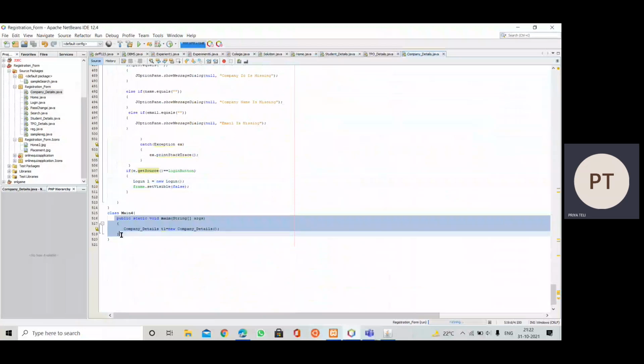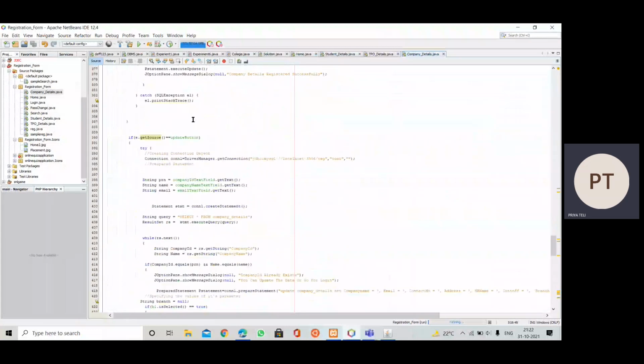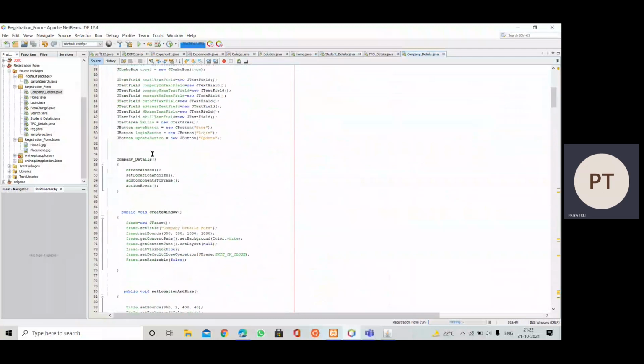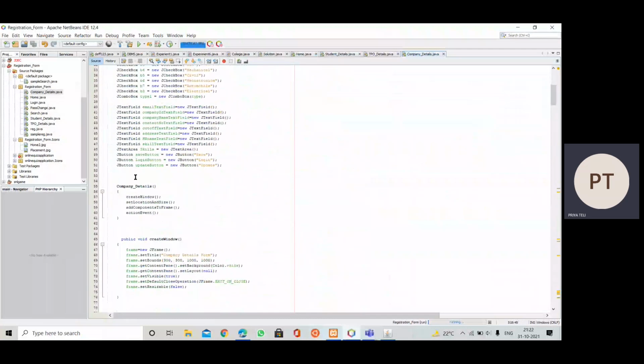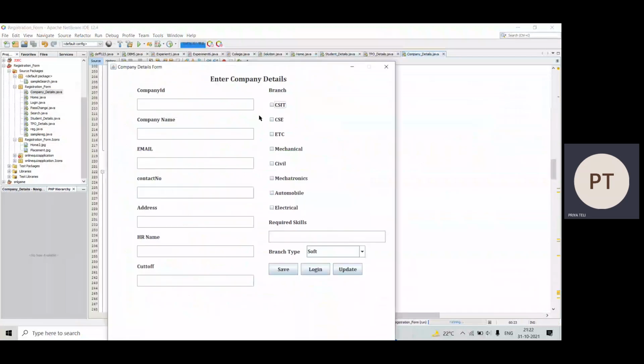Here we have our main method. We can have this main method in the same class above also, but here I have taken a different main class, and inside that I have the main method where I am calling the object for the above class, that is the company details class. Then the constructor for company details will be called, and all these methods are called from there itself. We have these four methods which are called from the constructor itself. So that's all. In this way it happens.